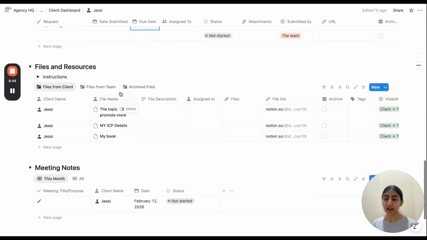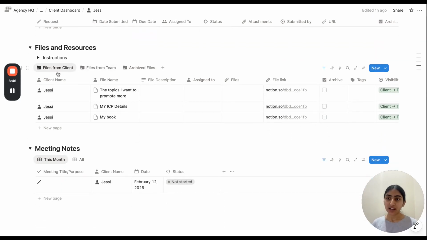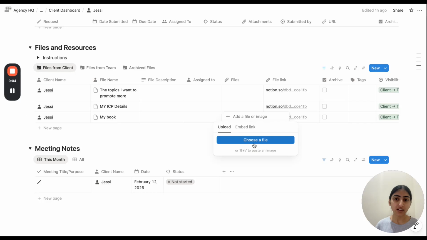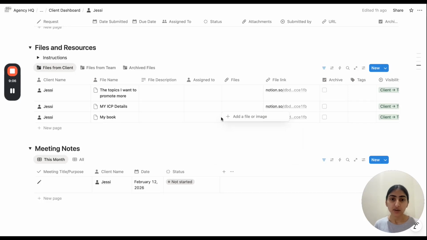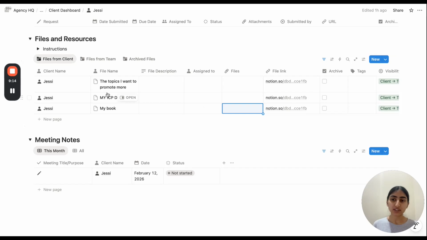So next we have the files and resources. Your client can add any of the files here. For example, when we onboard a new client, they have so many files to share with us, and even along the way they have upcoming files that they keep sharing with us. So they can directly come here and upload any file, any link. They can assign it to anyone, they can write down the file name, and here they can upload the files for the team.